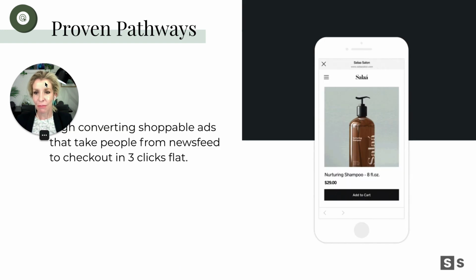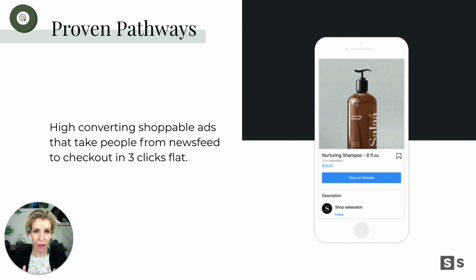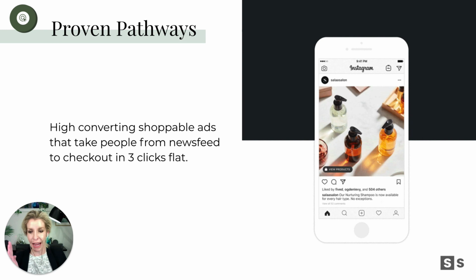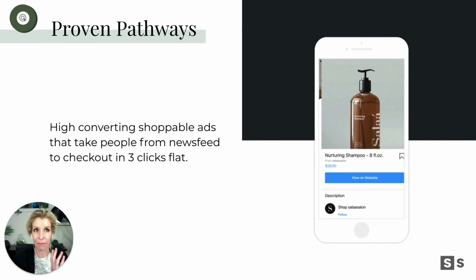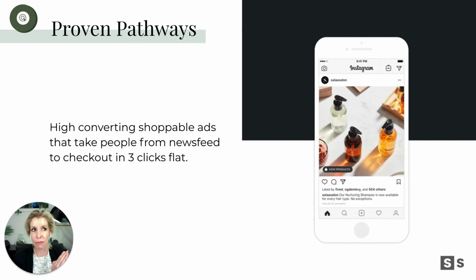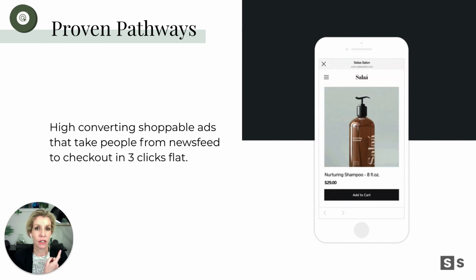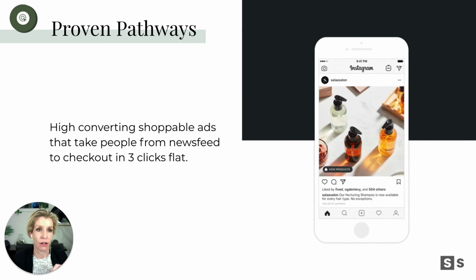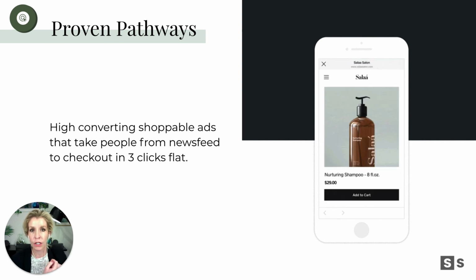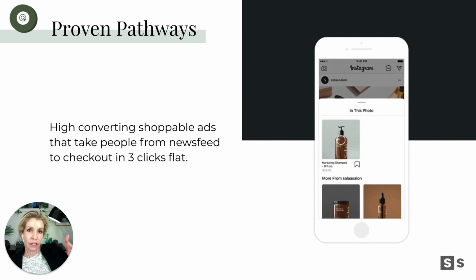Next up, proven pathways. I love this. So this is where we're really referring to the funnel methodology or the customer buyer journey that takes people from point A to point Z or C, but whatever that end point is where they take action. For some of us, that's a checkout, so it's an e-commerce purchase. For others, it maybe just is a form filled out on our website or a contact form to get in touch, or it's a subscribe. They've joined our mailing list. Whatever that looks like for you, that's the goal. That's the conversion at the end of the journey.